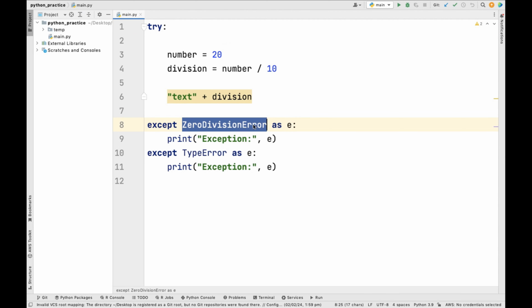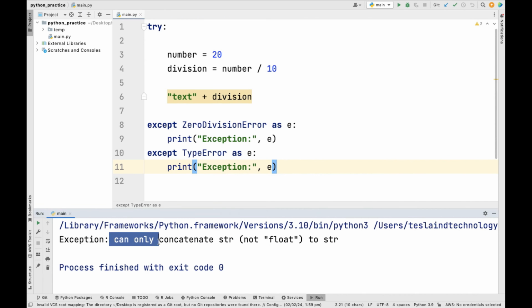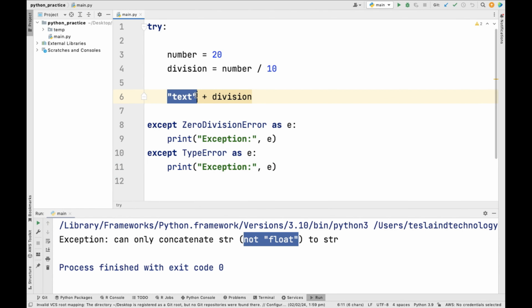The first one is ZeroDivisionError and the second one is TypeError. After I run this program, you can see the exception message. Only a string can be concatenated with a string, not a float,